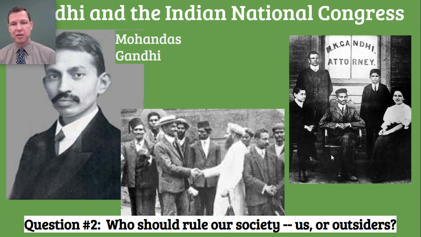And there was a famous incident where he had purchased a first-class ticket to travel on a train to go from one location in South Africa to another. And Gandhi was fairly light-skinned, and so the ticket agent who sold him the first-class ticket didn't register for him, went ahead and sold him a first-class ticket. The problem was that black Africans, as well as colored people like Gandhi, were not permitted to travel first class on trains in South Africa.